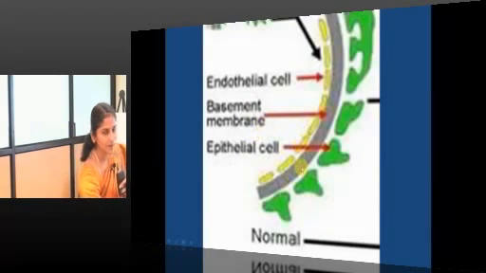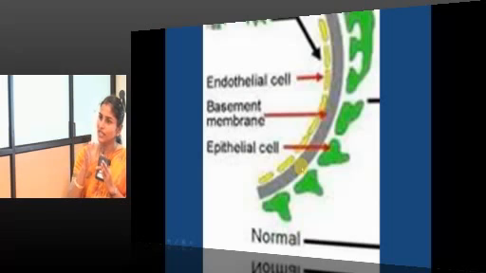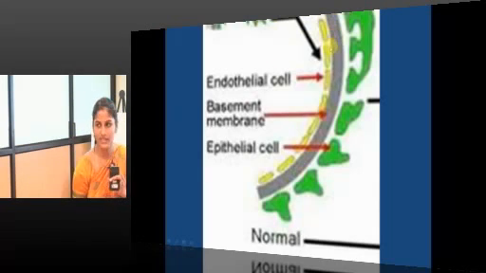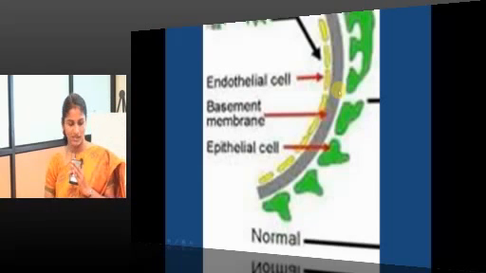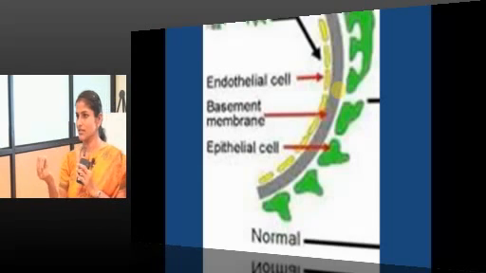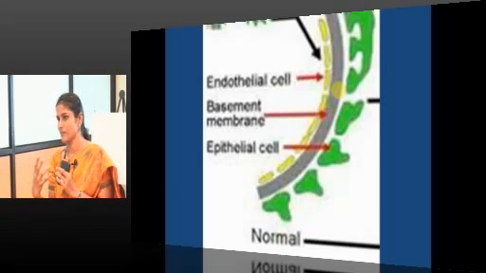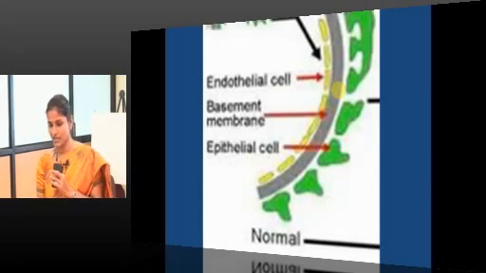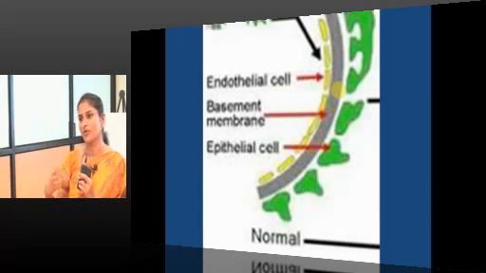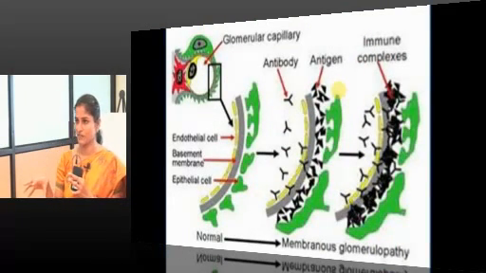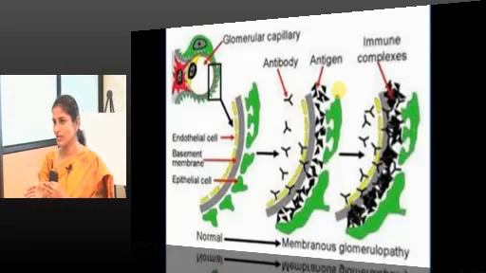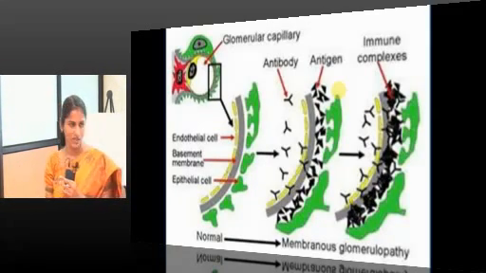So, when you have deposits on the membrane, it is membranous. When you have deposits between the endothelial lining and the membrane, it is subendothelial. And when you have deposits between the visceral epithelial cells and the membrane, it is subepithelial. And the entire glomerulus, these are actually vessels, glomerular capillaries. How are they supporting themselves? How are they able to stand there? Supported by mesangial matrix. So, when you have deposits in the mesangium, it is going to be called mesangial deposits. Each pathology will have its favored location. Of course, they will not be restricted to only one location, but most often to such favored locations.